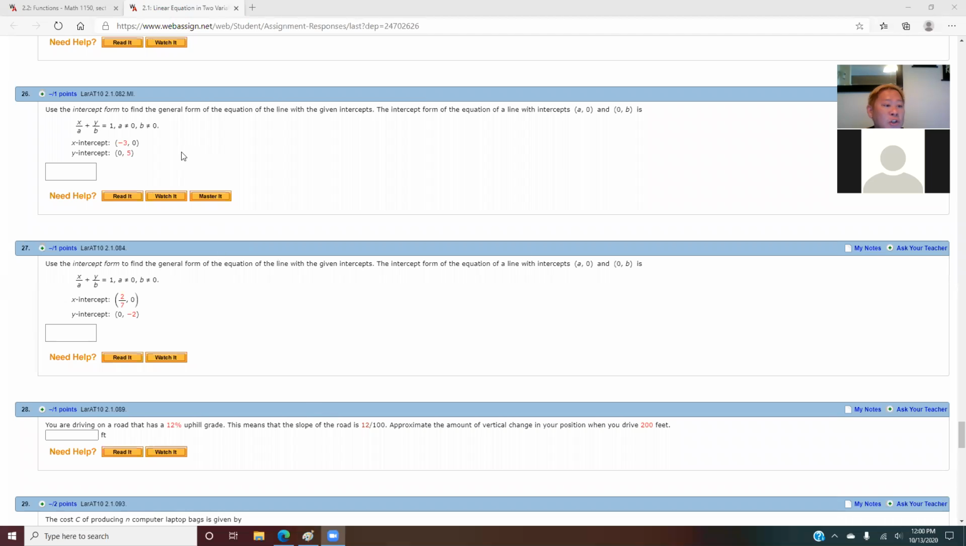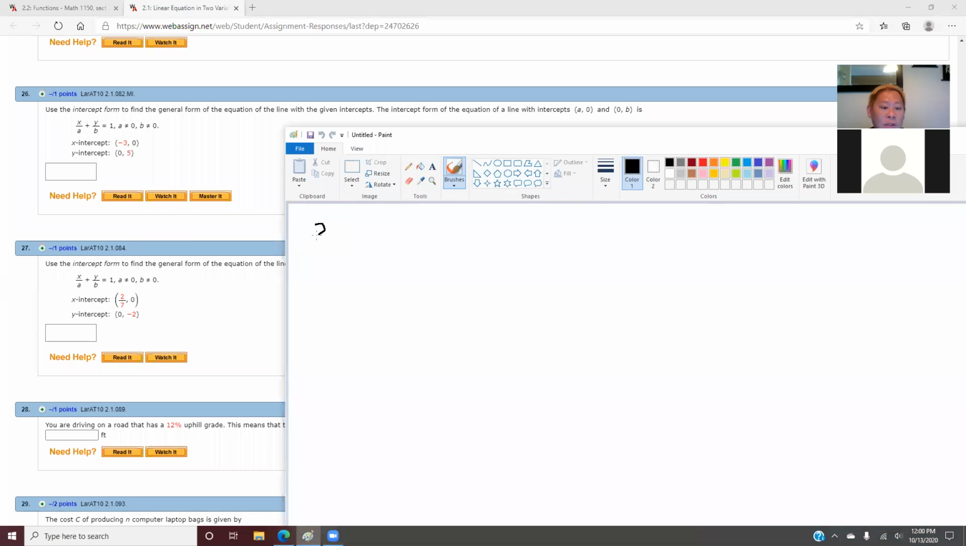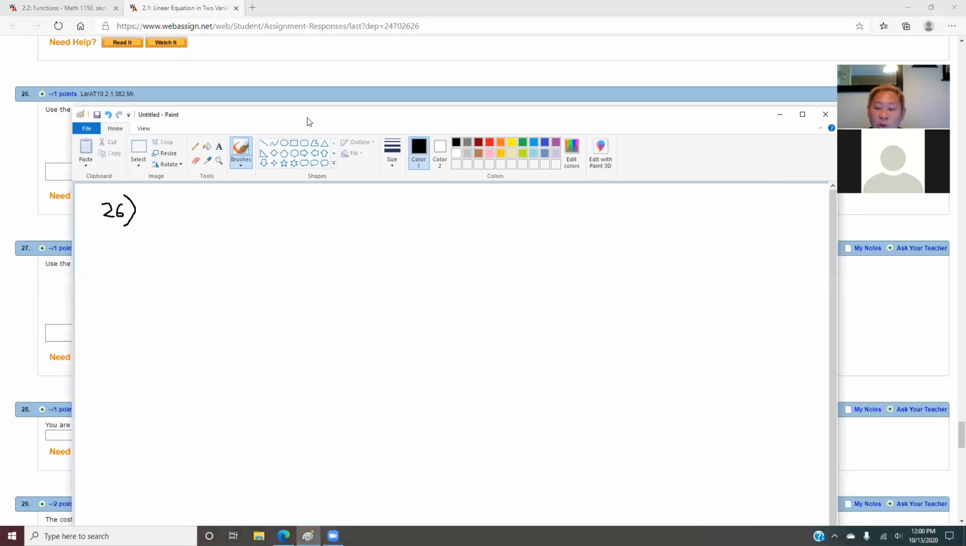So this is a question on 26 on 2.1, and then we do the 27 one after that. So this is 26. Usually you learn there are a few equations of a line that you guys